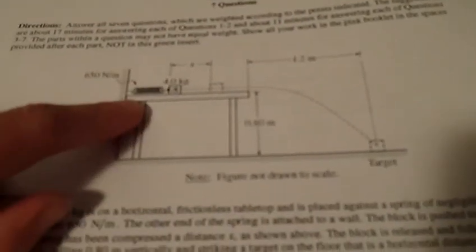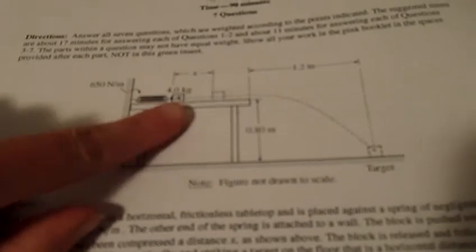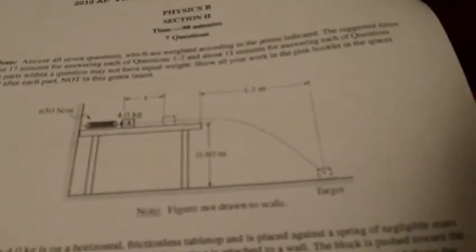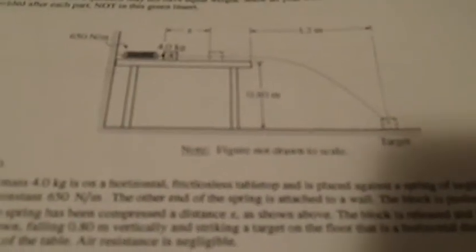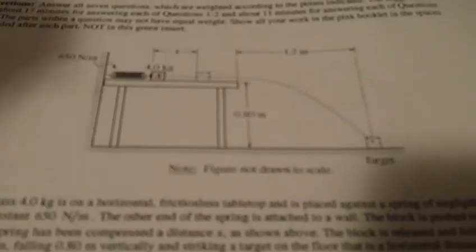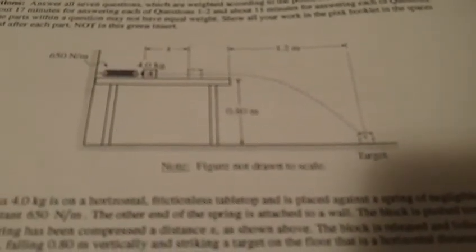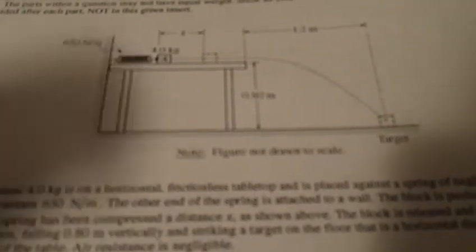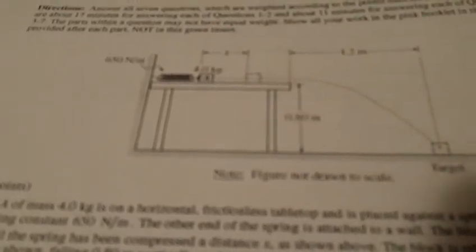So you might think, okay, right here I have two objects, a spring and a block. Here's the only problem. It says that the spring has negligible mass. When it says that something has negligible mass, you're not counting it as an object. So what that means is that throughout the entire process, energy is going to